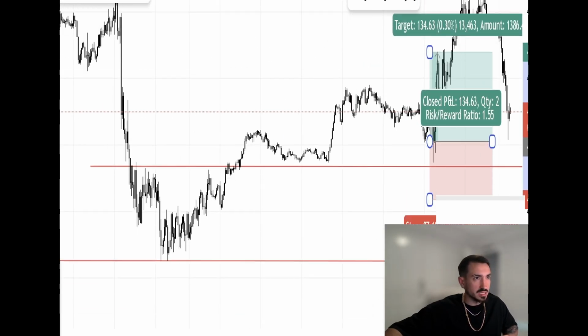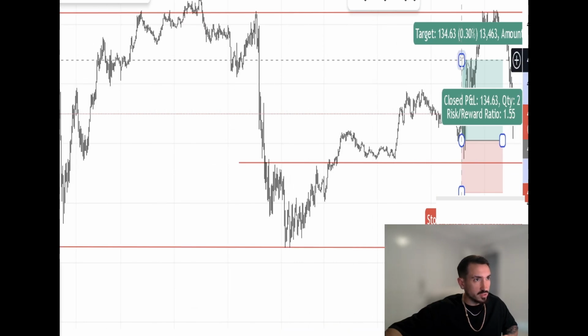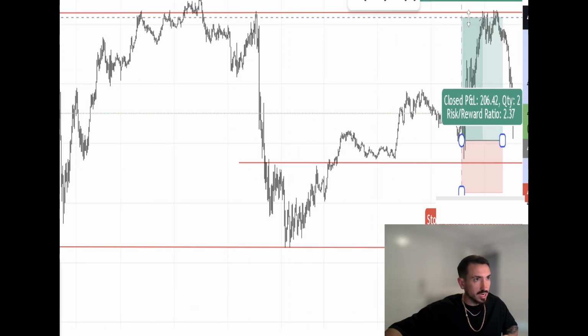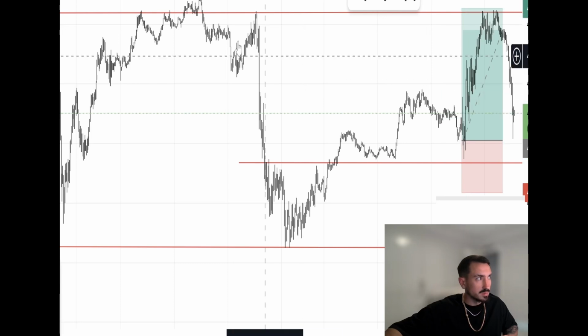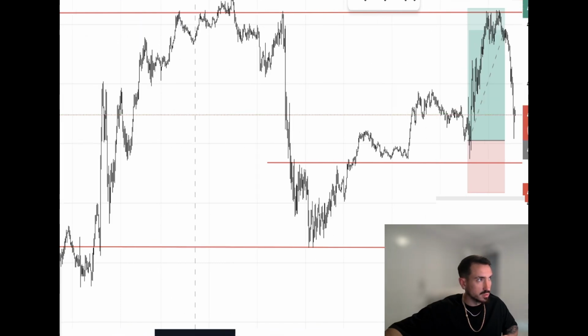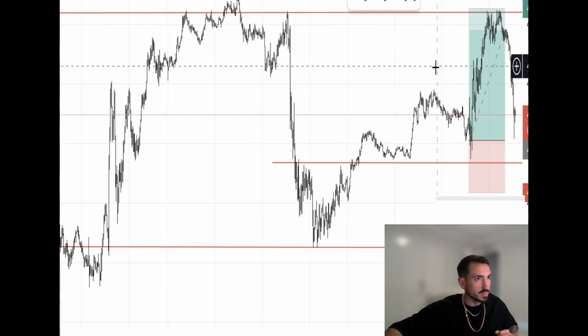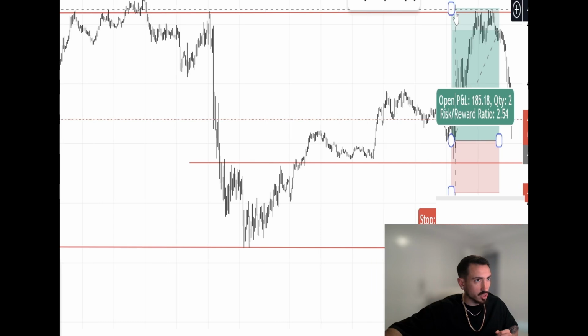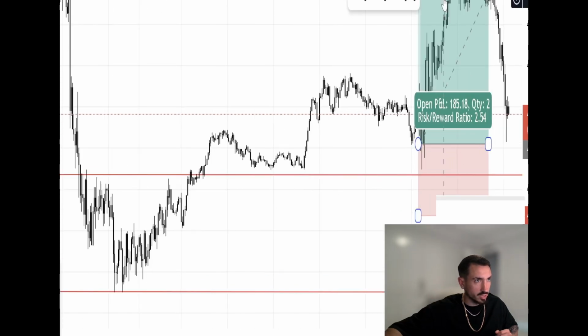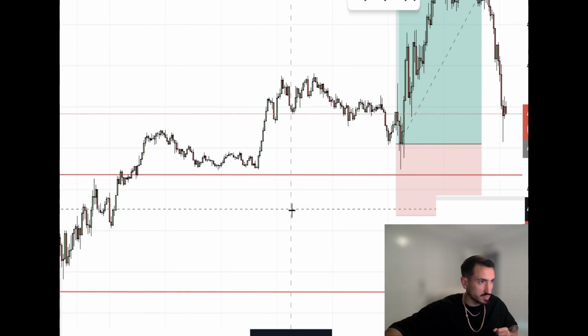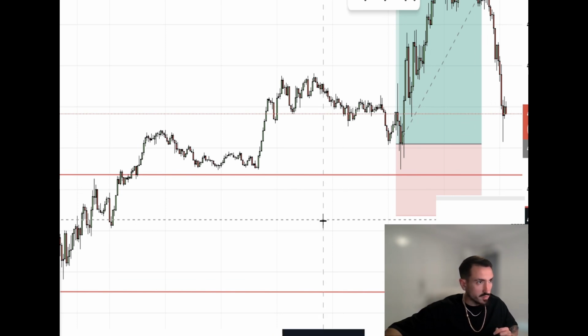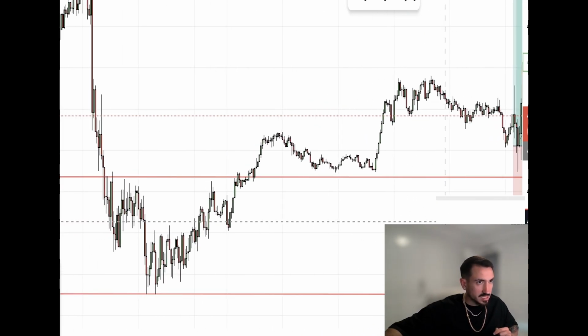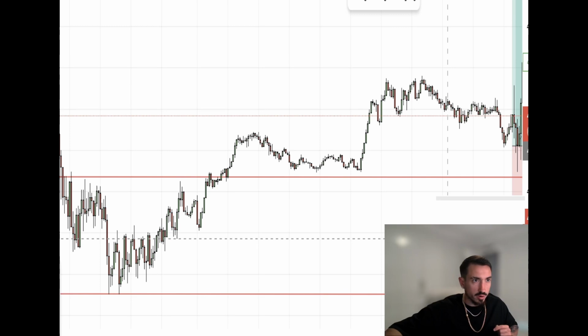But in this case, it would have benefited you to use a much higher TP because this level up here, this liquidity zone, right? Price comes up to this level, and as you see, this is a resistance that was also supported. This also could have been a really good entry, but we'll move on to that later. So firstly, this is one example of this strategy where it